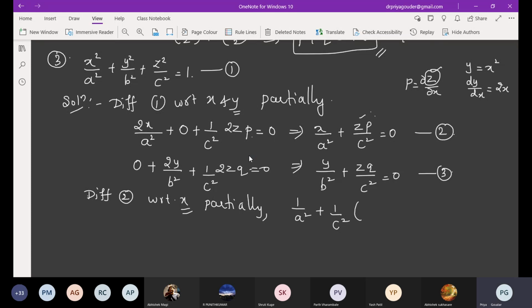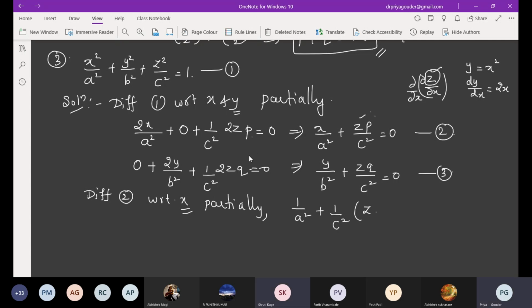Okay, let us continue. So what has to be applied for z into p? Product rule. So keep z as it is. What is the derivative of p with respect to x again? So what is p? p is ∂z by ∂x. What you have to do here? For this again, if you differentiate, what will you get?